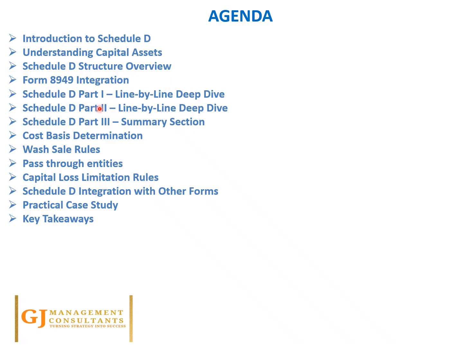We'll understand the various parts of Schedule D, which are Part 1, Part 2, and Part 3, how the information is inserted in this form, and how that information is finally linked with Form 1040. We'll understand the concept of cost basis determination and two important concepts: wash sale rules and pass-through entities. We'll also understand the capital loss limitation rule, because where my sale price is less than the cost basis, there is a loss, and then what the rules are for carry forward